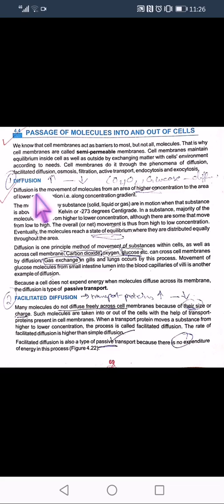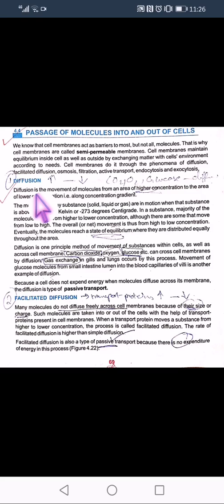First of all, its definition. What is diffusion? It is the movement of molecules from an area of higher concentration to an area of lower concentration. As we know, all the molecules of any substance are always in motion. They keep themselves in motion, and for that reason, if the substances present in the cells want to cross the cell membrane, they need some method, and that is called the diffusion method.